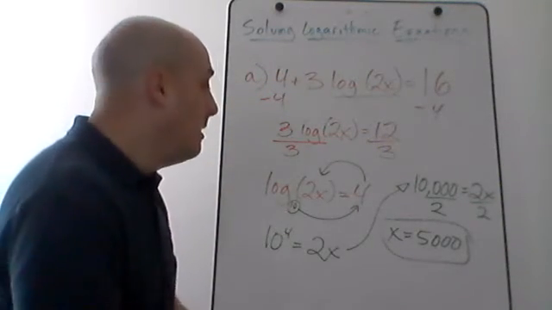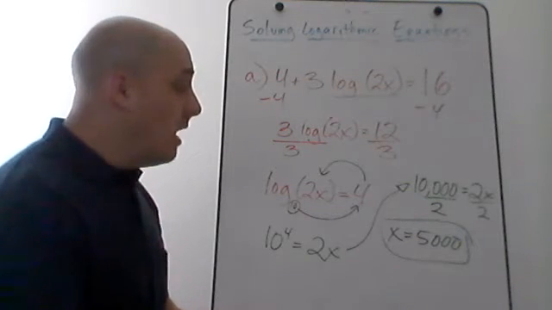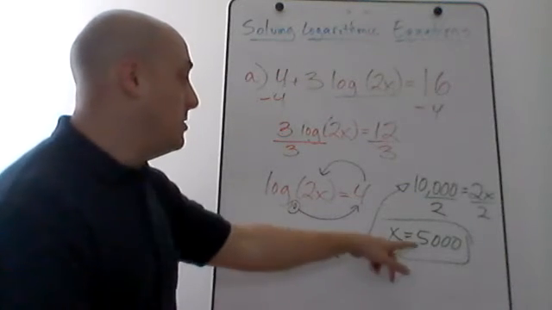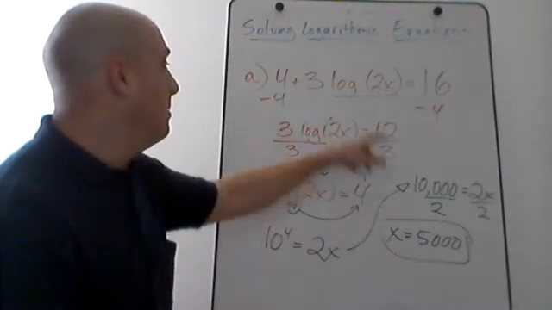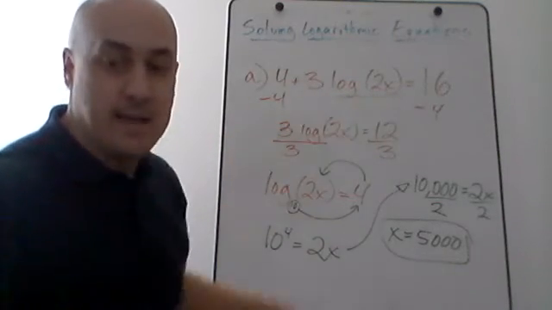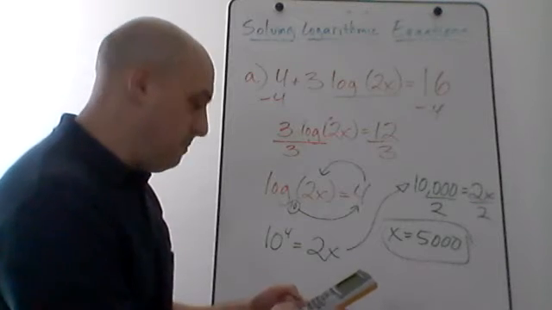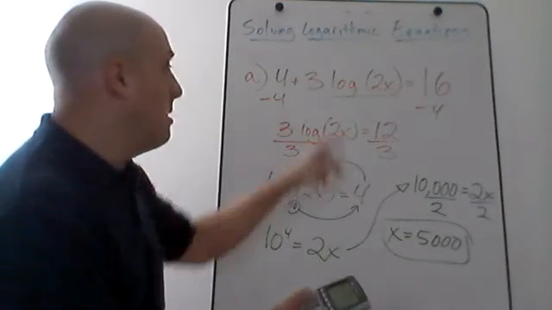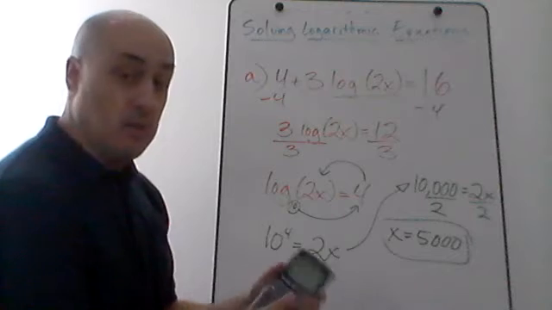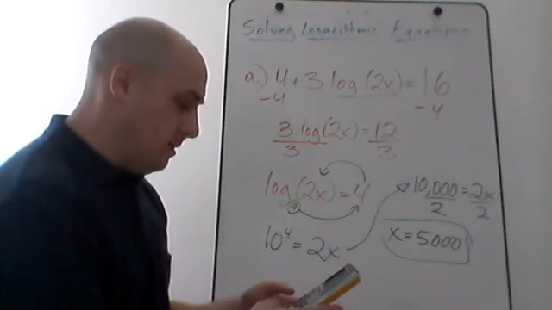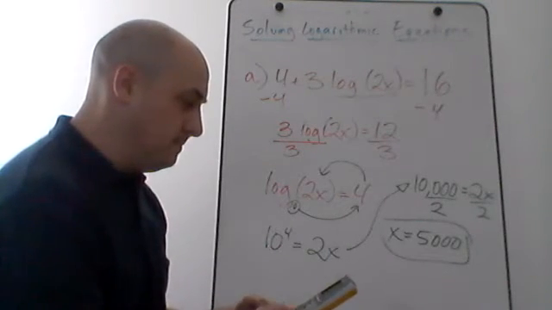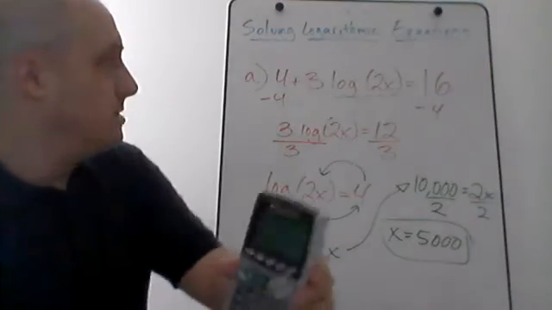It won't work, right? Once again, when you're solving a log equation, when you get your answer, you can check it. If I plug x equals 5,000 back into the original equation, I'm just going to pull out my calculator and type it in. If I do 4 plus 3 log, and remember, it's a common log with base 10, which is the log button on the calculator, log 2 times 5,000, it should come out to 16,